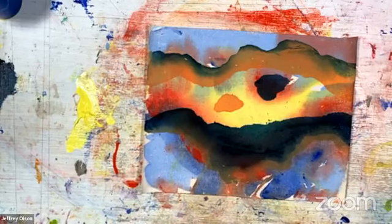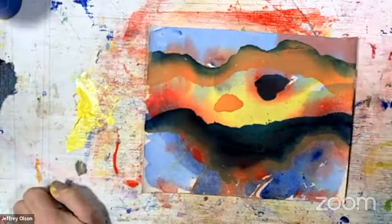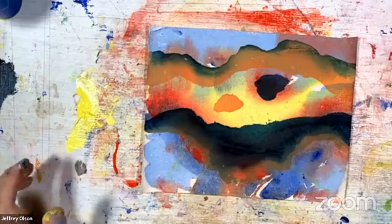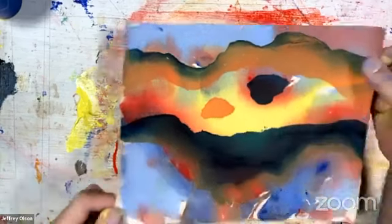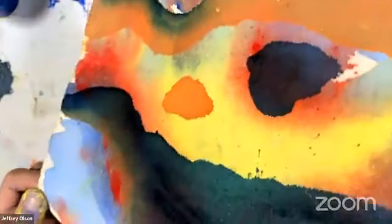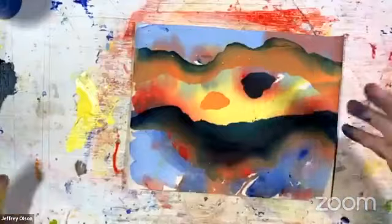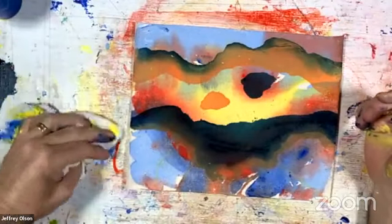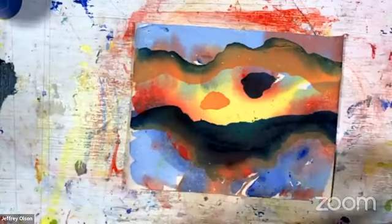Now, we did have somebody asking, once that layer is dry, would you then go on top of it and use that as your underpainting? Absolutely. They read my mind. That's exactly what I was going to show you. So this one's completely dry and you can see the wonderful surface. It's fun in and of itself, right? It's a fun painting, but it's a great way to create an underpainting